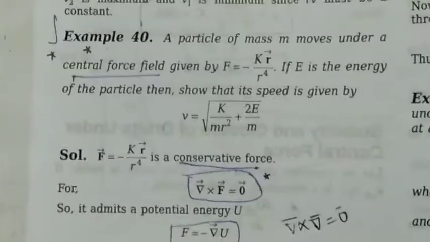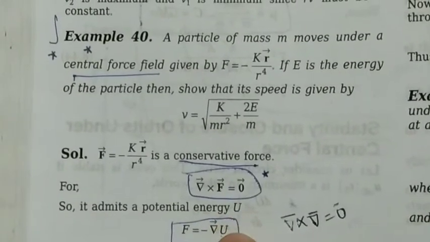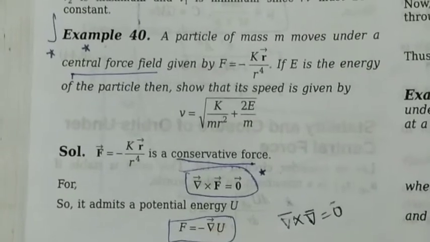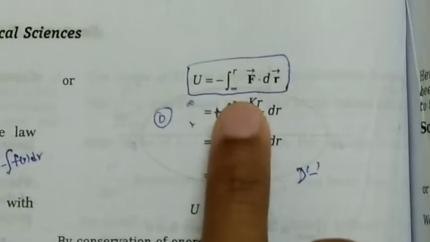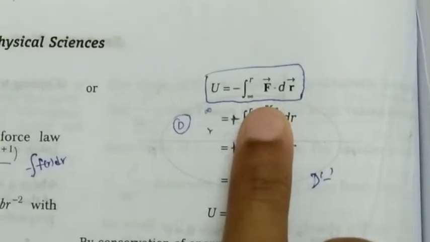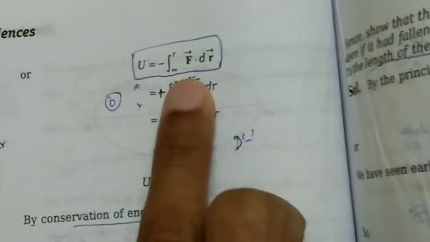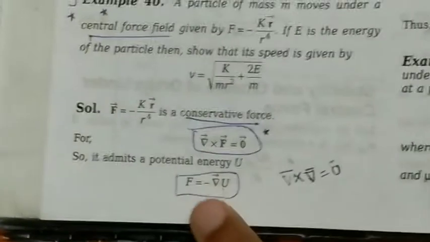So if we now perform integration on both sides, it is just like differentiating u: dou u by dou x, dou u by dou y, dou u by dou z, like that we will be having. So if we do integration on both sides, we would have this. So u is also negative integration from infinity to r of F dot dr. This comes from the formula F equals negative gradient of u. So integrating on both sides, as there is a negative sign here, here also we are having a negative sign.